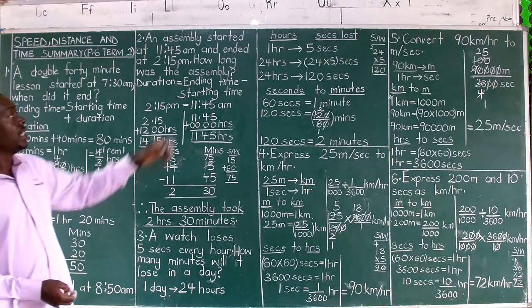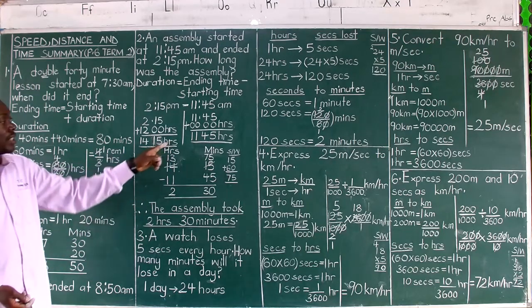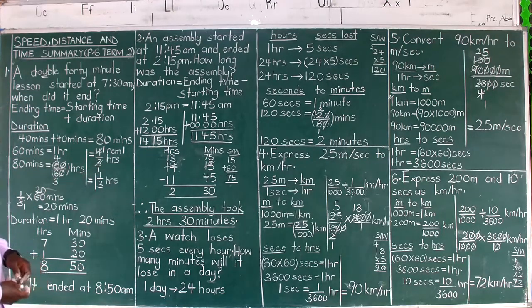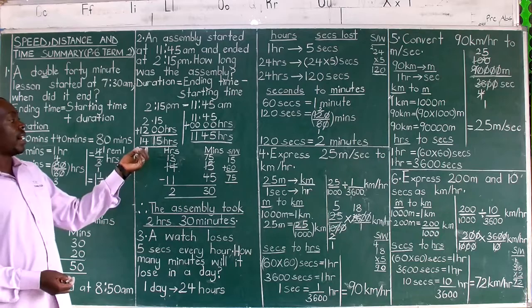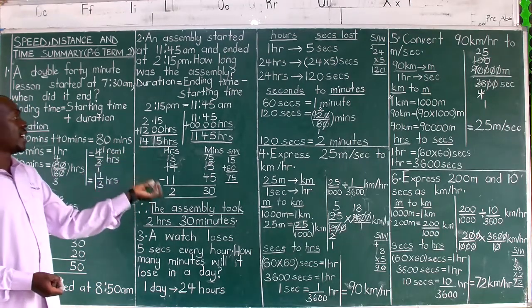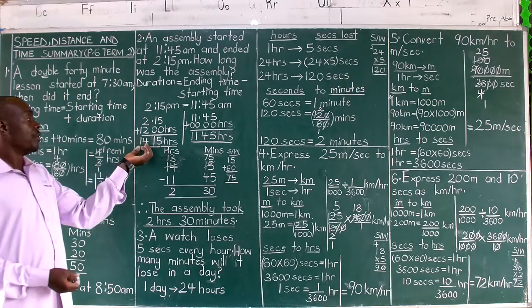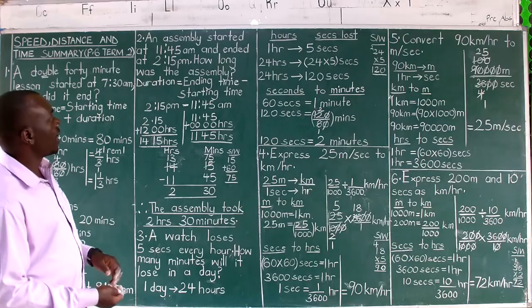The 12-hour system is either in AM or PM. The 12-hour system is only in hours, and that necessarily means that all our hours, by law, end with hours, but actually 14 are the hours and 15 are minutes. But we read it as 14:15 hours, and now we are converting